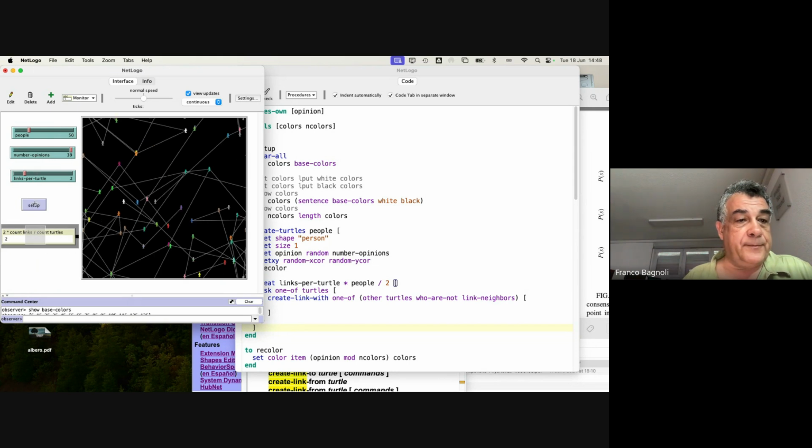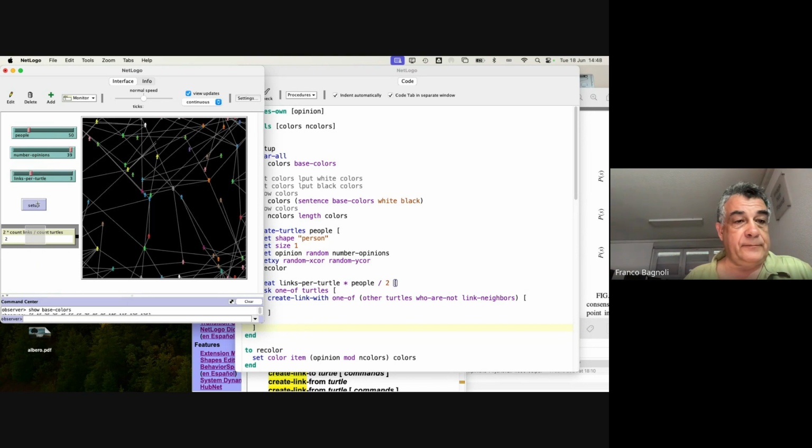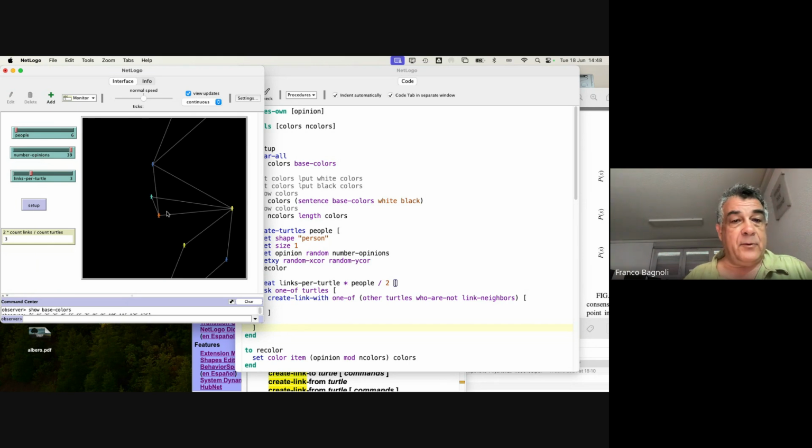If we put 2, okay. And maybe we can also check by hand. If we put, I don't know, 6 people with 3 links per person, this has 1, 2, 3, 4. This has 2, so the average is 3. This has 3. This has 1, 2, 3, 4, 5. But this has 2 and this has 2, so the average is exactly 3. Clearly, we may prefer not to have